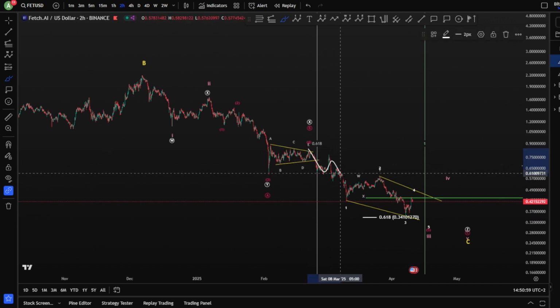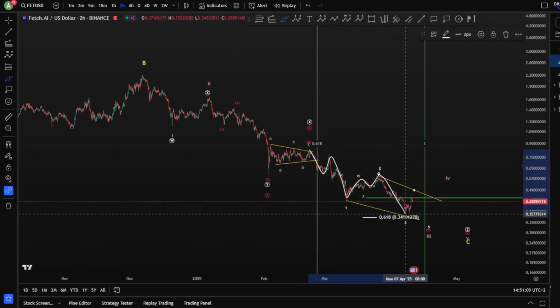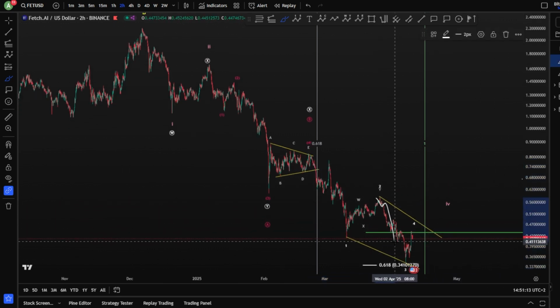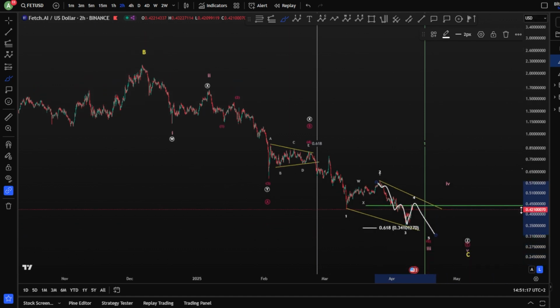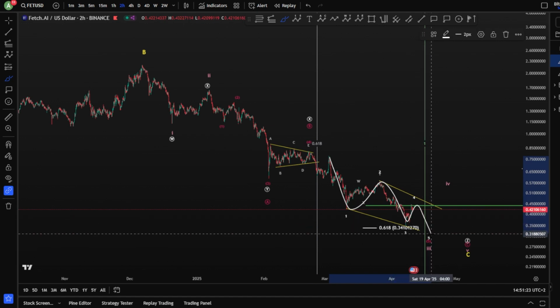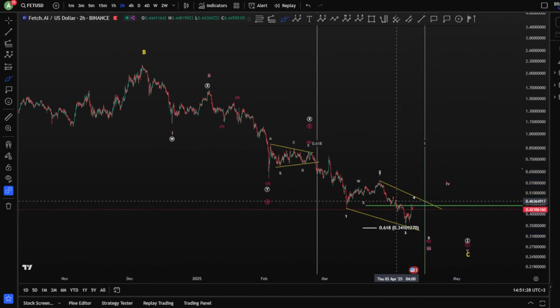Now your wave Y potentially here can be not just a zigzag, it can be of course a flat 3 waves down. Of course, as you can see, you have kind of like a zigzag 3 waves up for X, and you're looking here for another structure after this impulse 1, 2, 3, 4, and a 5. You're looking for a wave B, and then of course 1, 2, 3, 4, and a 5, meaning potentially that this scenario might unfold even still a little bit one more leg toward the downside